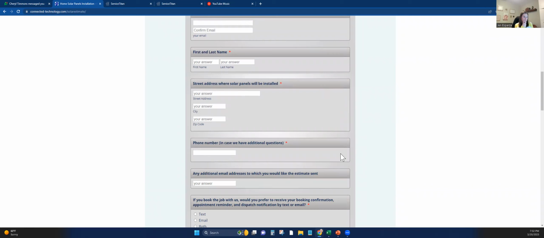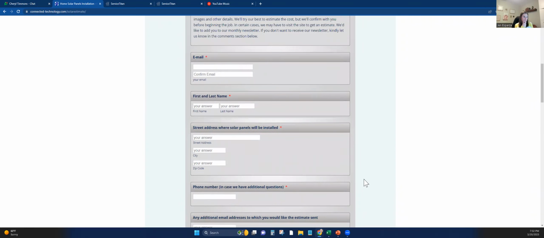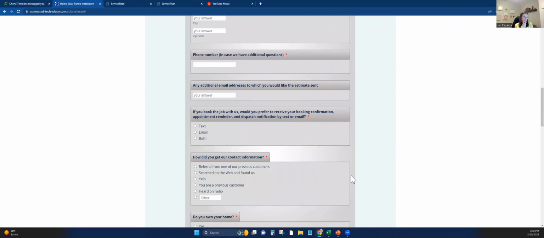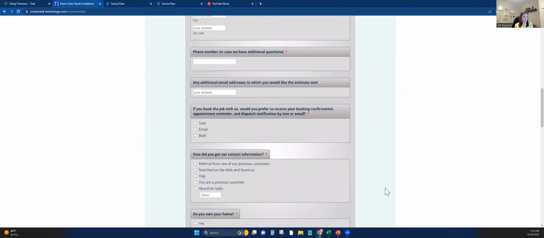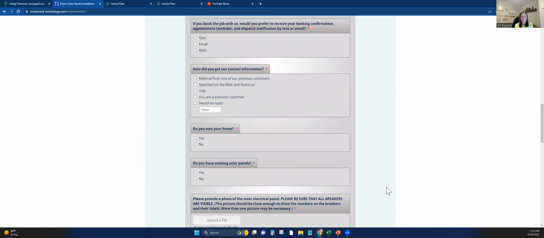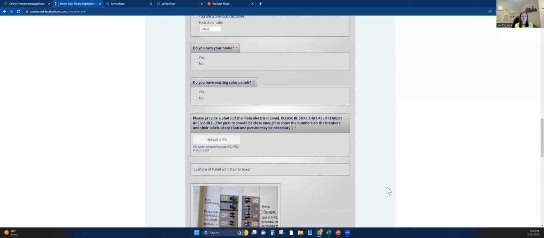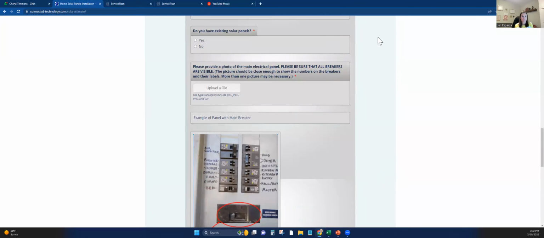There's also instructions in this form about how to download your information from your utility so that you can easily provide the electrical information that you need. And it's just a really, really quick and easy way to get a solar estimate without having to wait for an appointment. Right now we're still returning those within about 24 hours. Well, 1 business day, I should say.